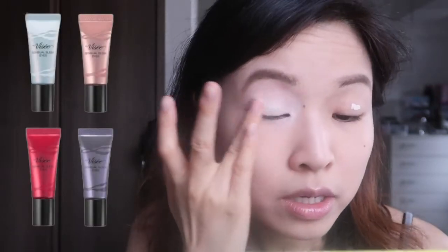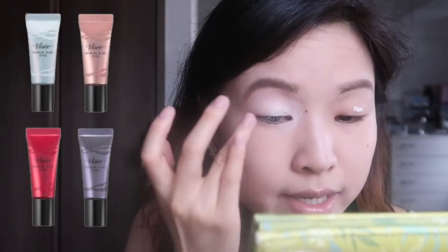So I'm priming with my ABH eye primer. I haven't pulled this out in the longest time because for the past few videos I've just been doing really quick natural looks, and I've mostly been using my Visée Essential Sleek liquid eyeshadow, which doesn't require a base. It's nice to actually sit down and get a chance to play with some of my other eyeshadows